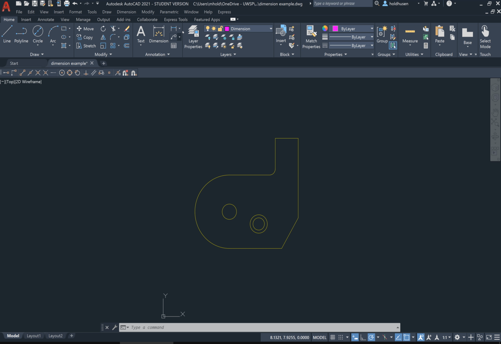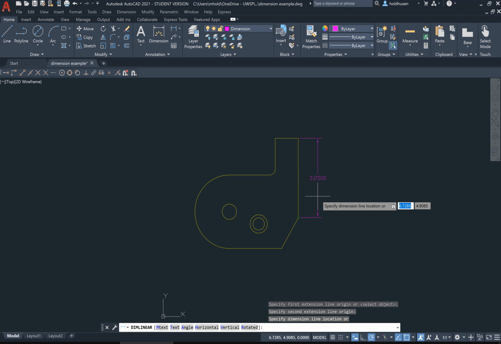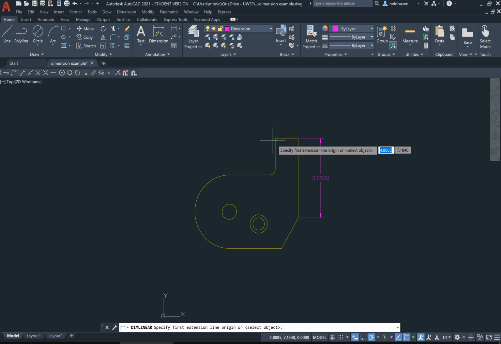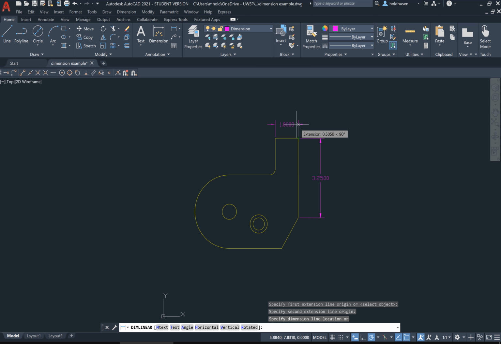Okay, and most of the dimensions are within here. So we can do a linear dimension, right? And I can click 2 points that I want to create the dimension between, and then I can place my dimension wherever I need to place it. Okay, so again, to do that linear dimension, you click here, you click here, and then you can place the